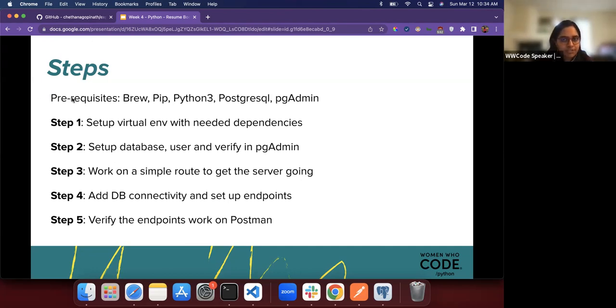So the prerequisites for this: you need to have brew installed already. You need to have pip, which is a package manager for Python. If you're working on Python things, it's easier with just pip. If you have a data science background, in Jupyter notebooks, we all use pip to install certain packages and things that we need. And then of course you need Python, whether you're on Windows or a Mac. If you're on a Mac, it's already there. And then you need